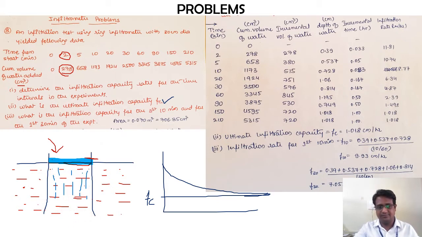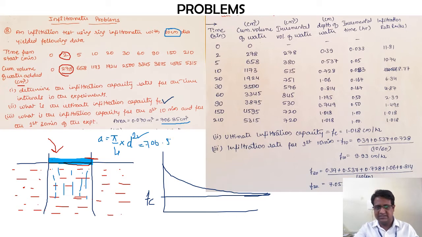So what is the area formula? A is equal to pi by 4 d square. Pi by 4 into d square, where d is in terms of centimeter. If you check this directly, pi by 4 into 30 square, you will get 706.85 centimeter square.